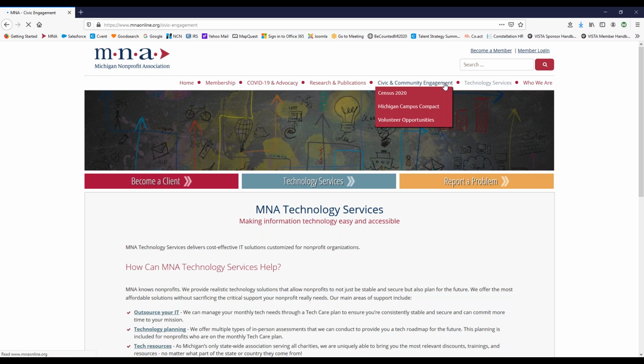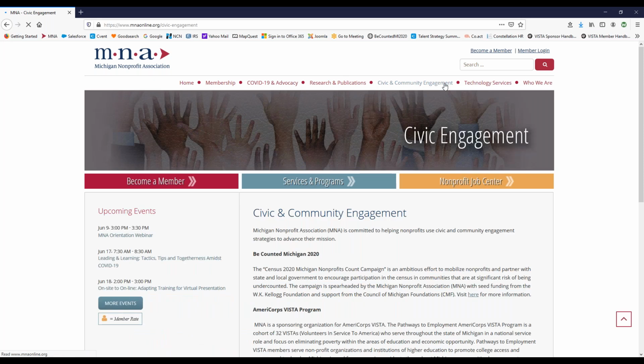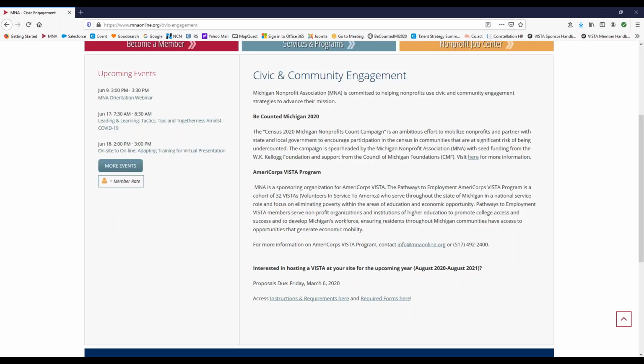As I said in the beginning, one of the ways that MNA serves the nonprofit sector is through civic and community engagement. Right now, we have a lot of work going into the Census 2020 campaign. Hopefully, you've seen your census form, you've filled it out, and you've been counted. It's critically important that we count